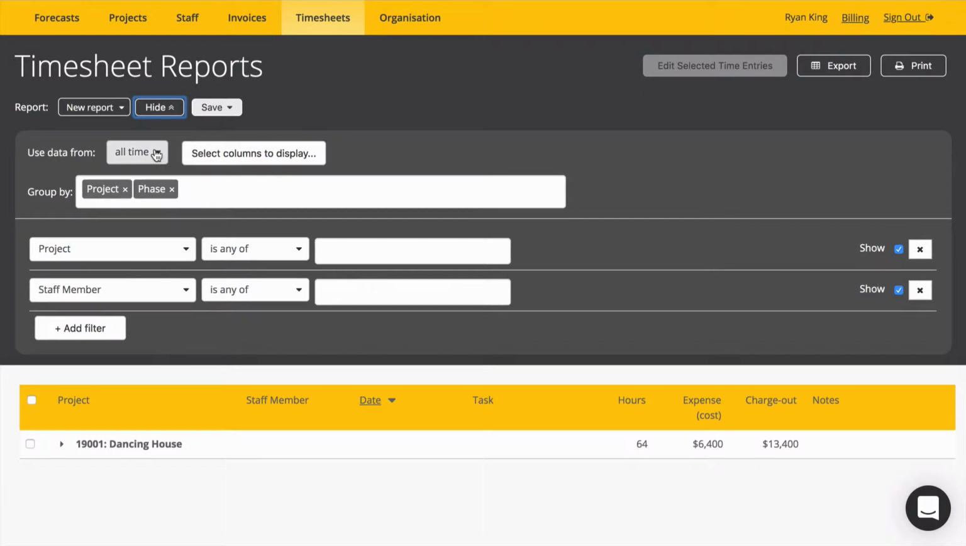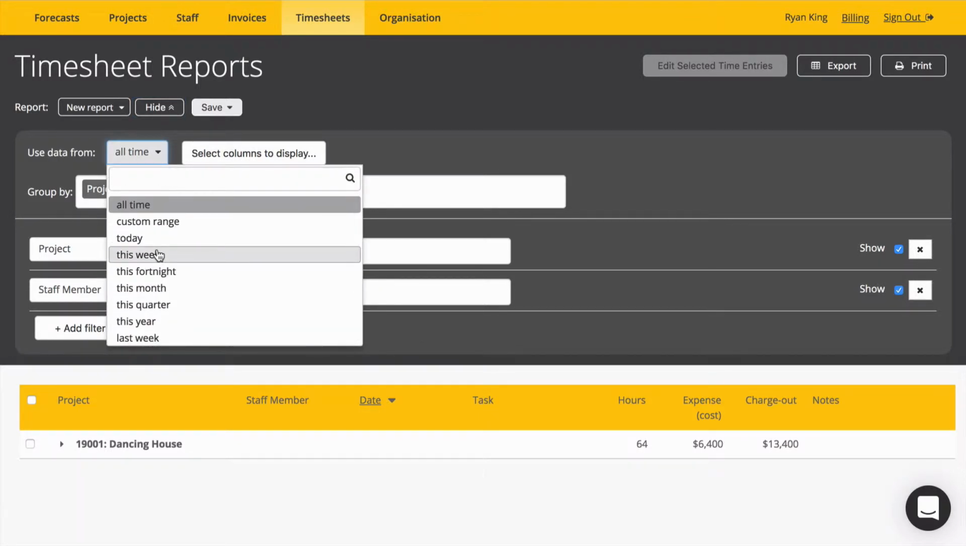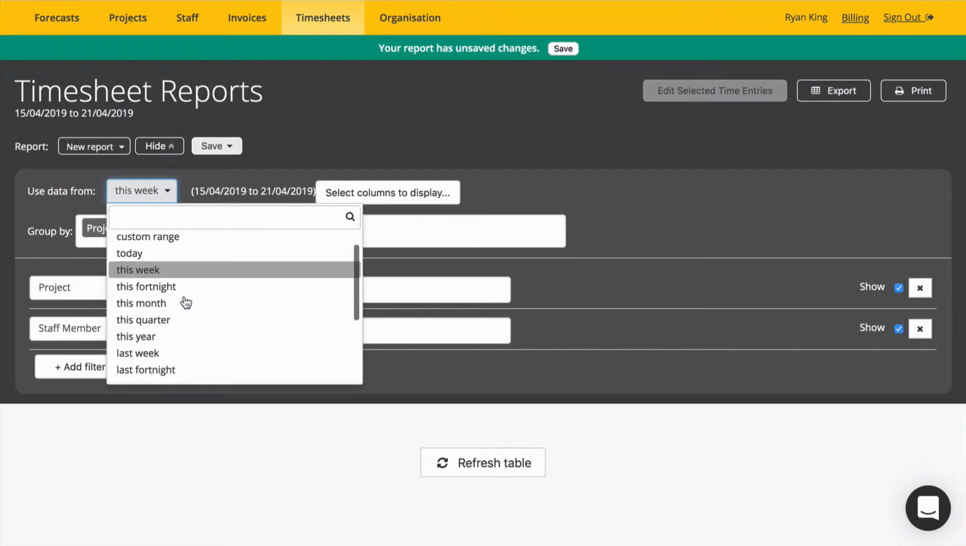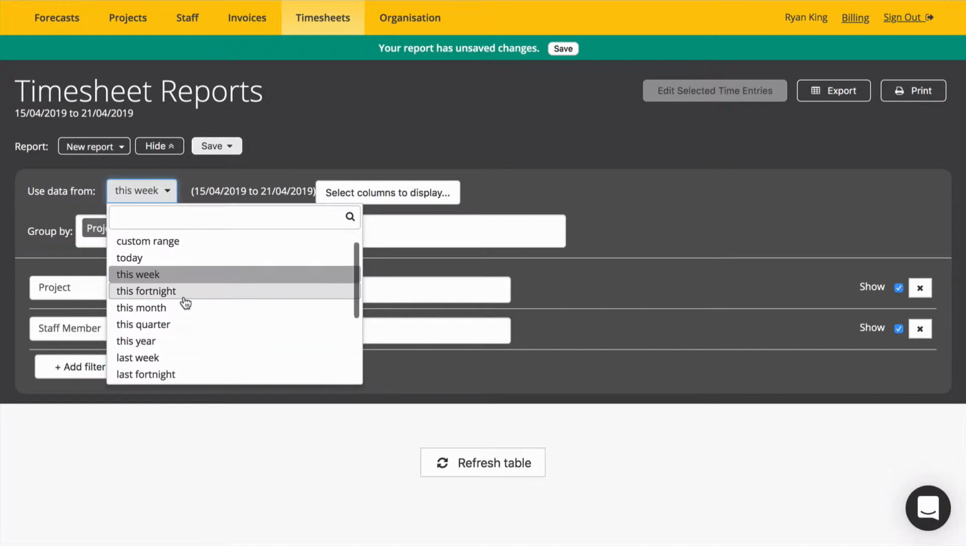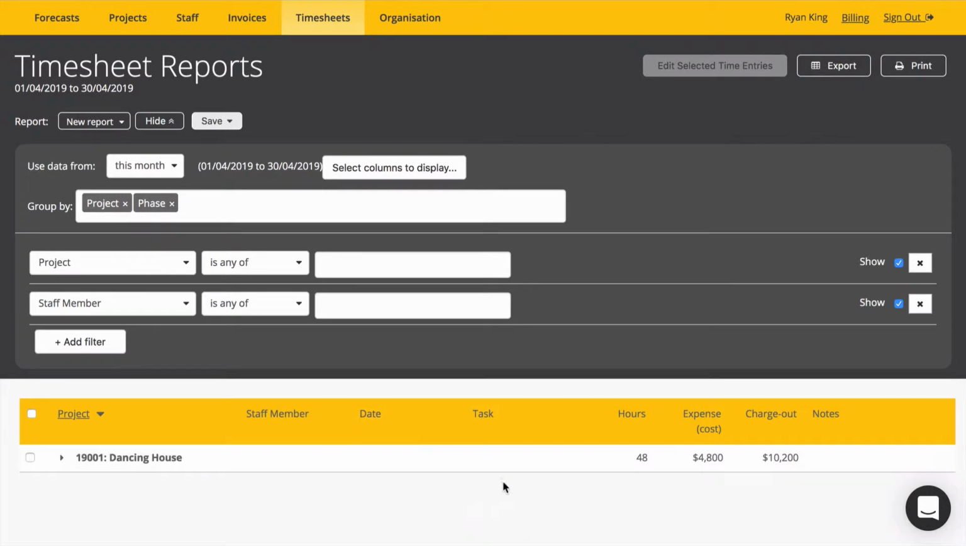With the Timesheet Reports, you can filter by a certain time range which you want to view the timesheet reports. You could say this week, last week, today, whatever time range you choose. Let's just pick this month for now. Every time you change a value, just hit the refresh button down below and we'll pull in the fresh timesheets